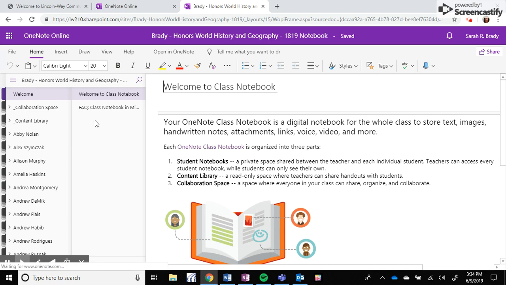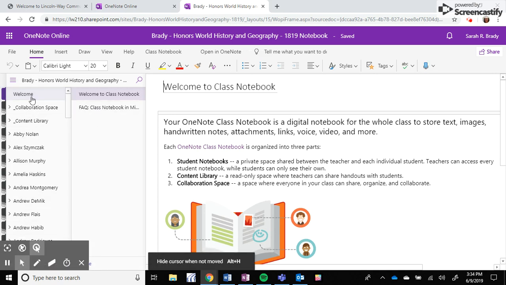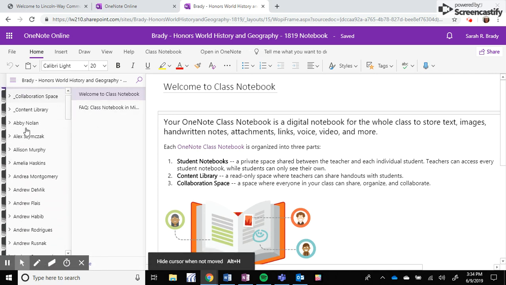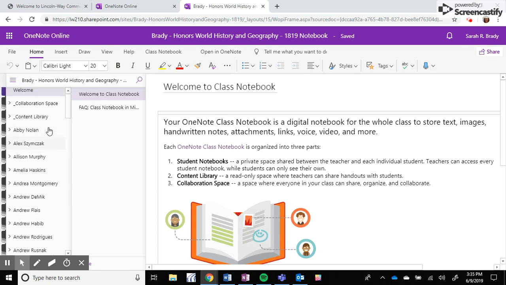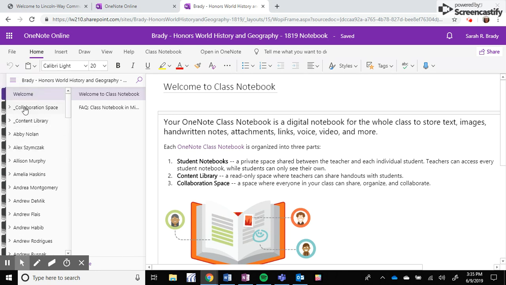And you'll see that I've got a whole lot more on the side for mine than you'll have because as a teacher, I have access to all of my students' notebooks. So keep that in mind. Everything that you put in your notebook, I can also see. So again, be mindful of what you put in your notebook. But you'll have these three different tabs, the welcome tab, collaboration space, content library, and then your own folder with